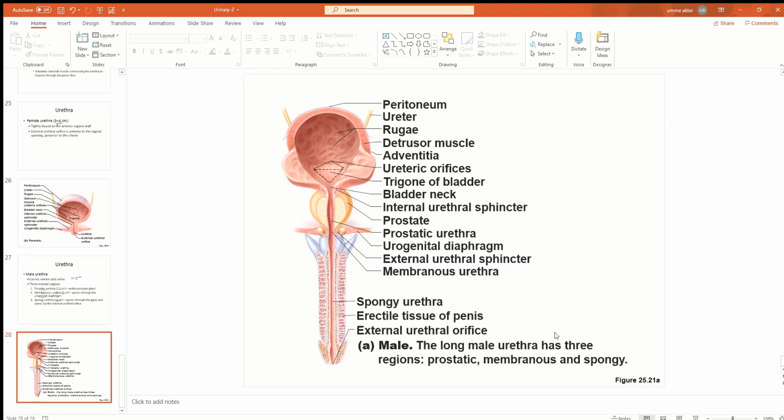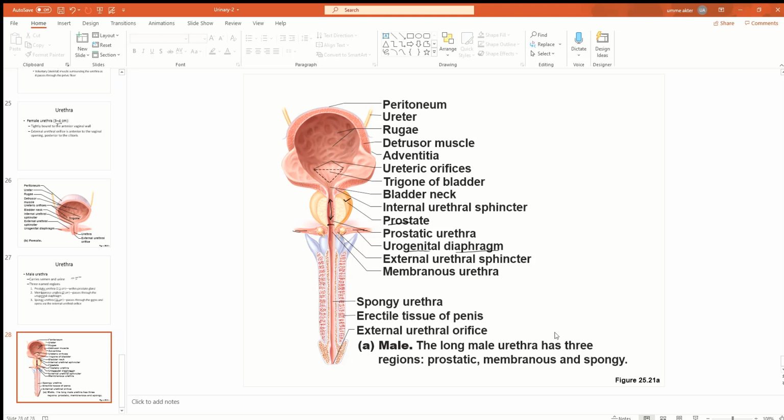So let's see where those three are. So this is the prostate, the gland. So this is the prostatic part of urethra. This part is 2.5 centimeter, and then this is another diaphragm. You know, we have a diaphragm, a big one under the lungs, that separates the thoracic and abdominal cavity, and this is a small diaphragm which is in the pelvic area, called urogenital diaphragm. Okay, and